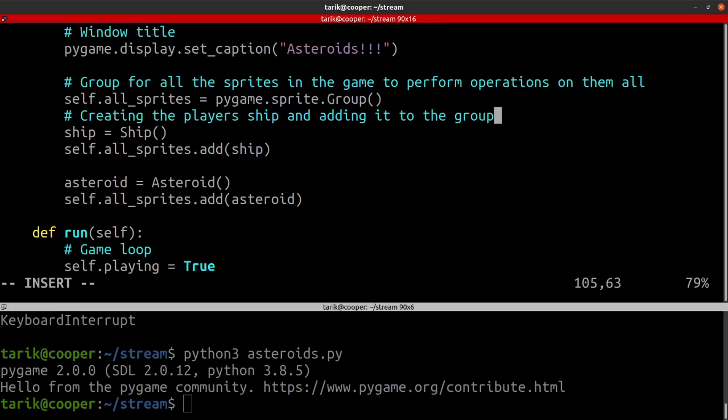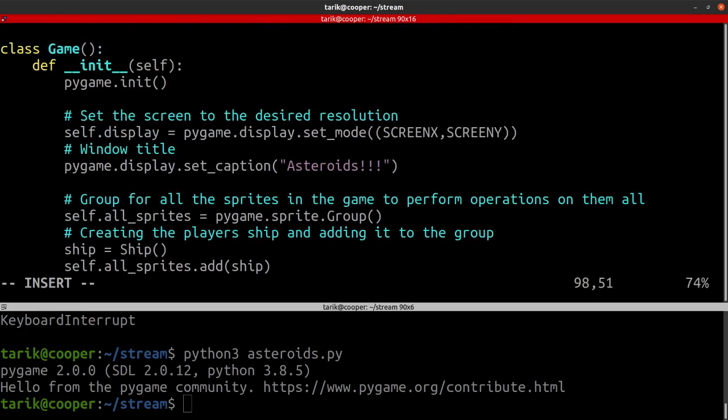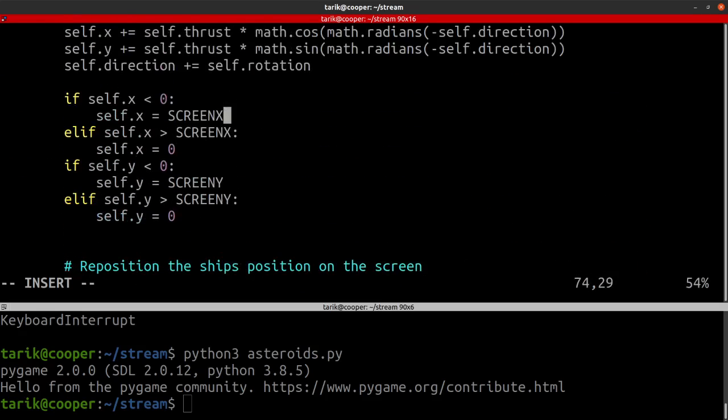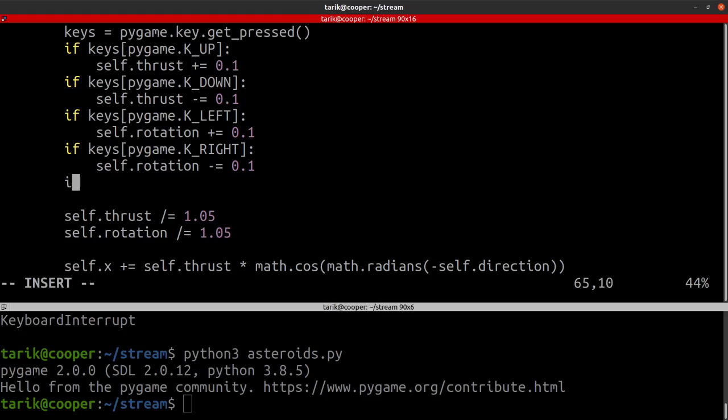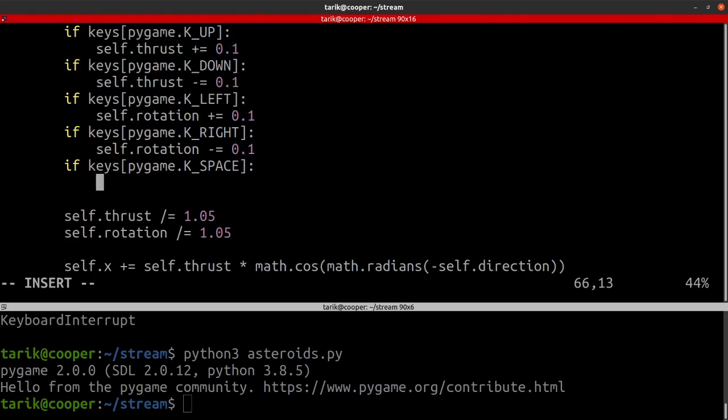So what creates the bullets? Now an asteroid obviously doesn't. The game doesn't really create the bullet. It's more of the ship which creates the bullet. When you press the spacebar, or whatever shoot key you want, then the ship creates a bullet and fires it in the right direction. So if we go up to the ship class, which is here, we've got all the key handling. So we can say, okay, if the keys pygame dot space is pressed, then